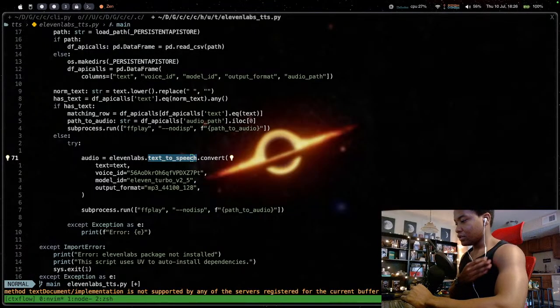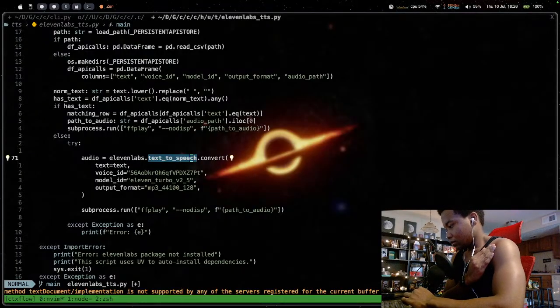Based on text, the convert endpoint returns a file containing the generated audio. But where is the file? See what I'm saying? What does that mean?